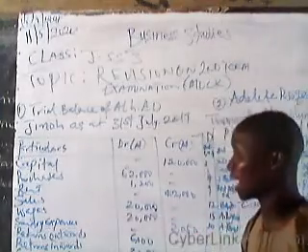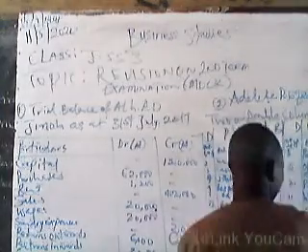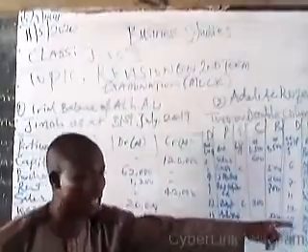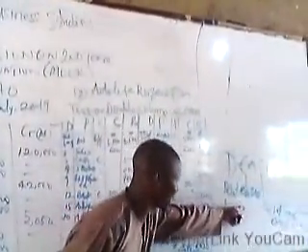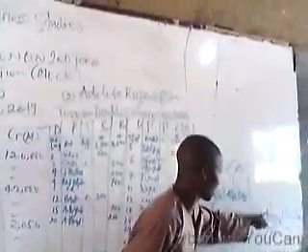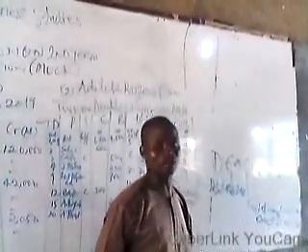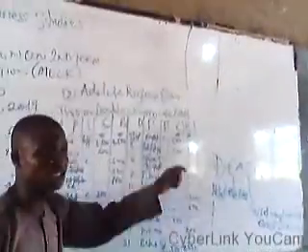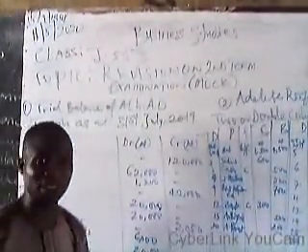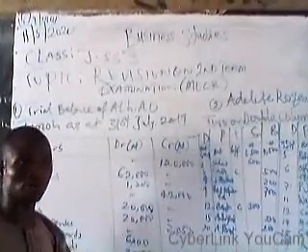Wages of 20,000 naira has to be debited. As we have said, all expenses have to be debited, and all assets have to be debited as well. All income has to be credited, and all liability has to be credited as well in the trial balance, because we've said it's a list of balances extracted from the ledger. Wages is an expense with 20,000 naira, and sundry expenses is also an expense with 20,000 naira, both to be debited.